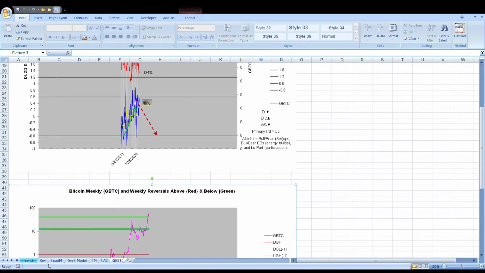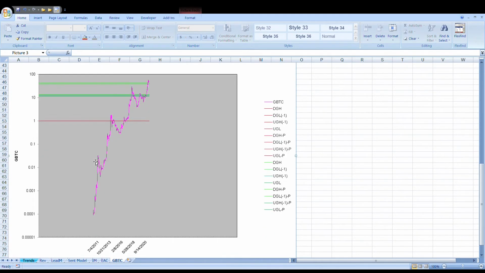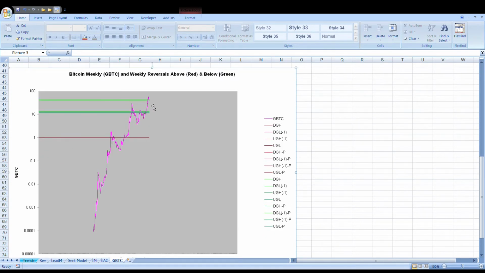You can go into the reversals tab here and find Bitcoin, and you're going to basically focus on some numbers here. This is where the reversals of support lie. There's a broad band way down here that generated the rally, so this is acting as support. So when we broke above here, it took off. As long as we stay above this band right here, and I'm not going to reveal what that is in open content, subscribers can go look and check it out for themselves. Bitcoin is pretty solid above this band right here.